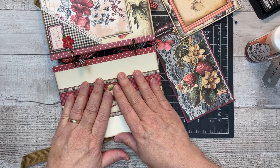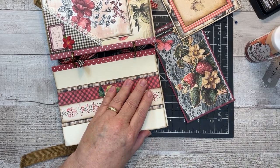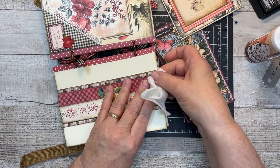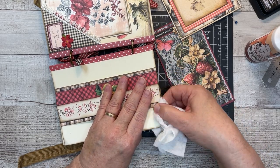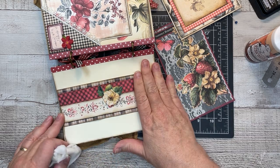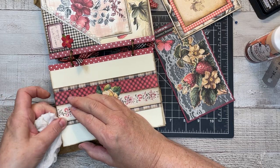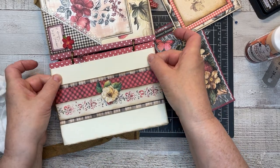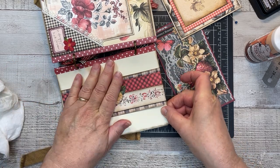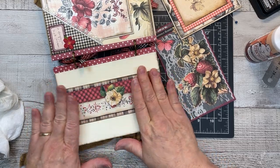Okay. All right, so I'm gonna just do my best to press this down because it is in the book, so it makes it a little more difficult. Okay, and press this part down. Make sure we are where we need to be and not buckling. Okay,